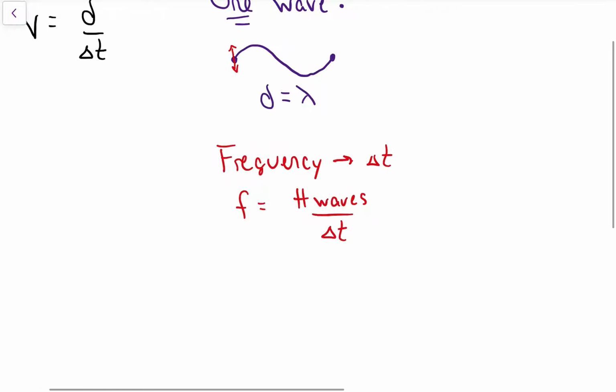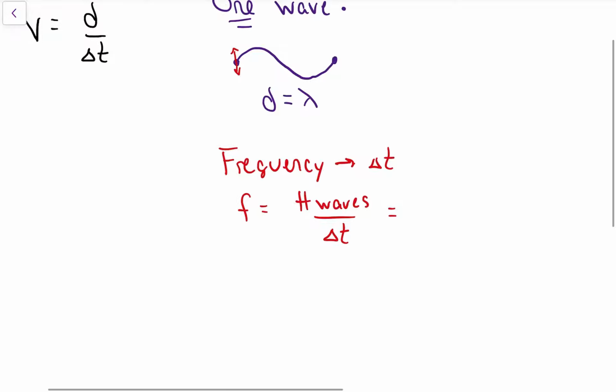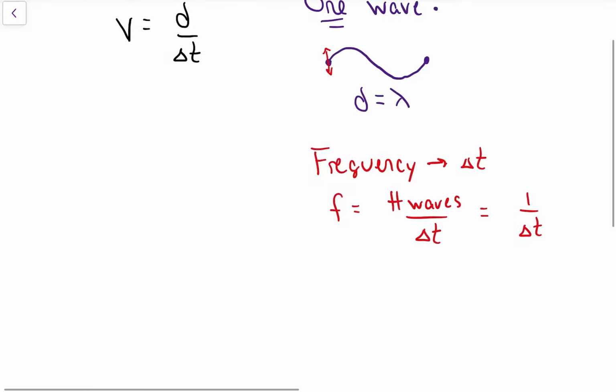If we're talking about one wave, then we're going to use the distance equals lambda. Then the numerator here, since we're talking about one wave, is just the number 1. So we know that distance is really equal to lambda if we're talking about one wave, and frequency is 1 over time period if we're talking about one wave. So if we go back to our v equals d over t equation,